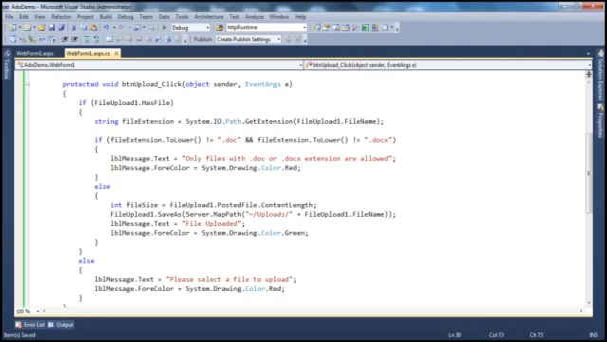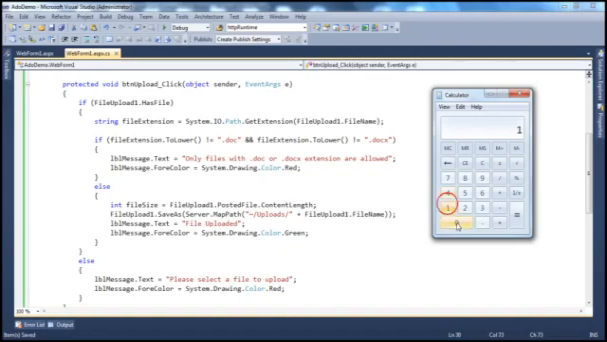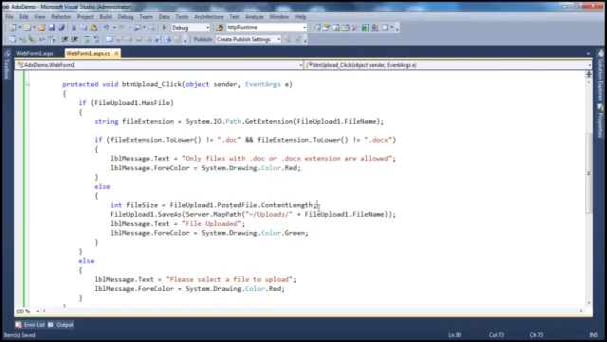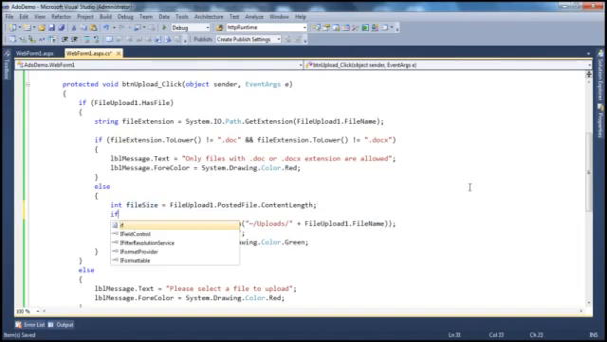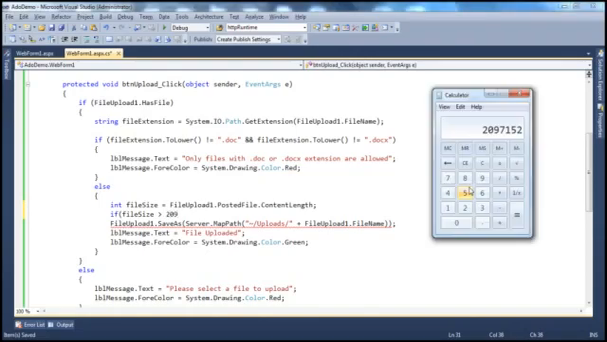So if we want to get the total bytes, 1024 multiplied by 1024, that's 1 megabyte, and that multiplied by 2 is 2 megabytes, 2097152. So here we have the file size. If the file size is greater than 2097152,